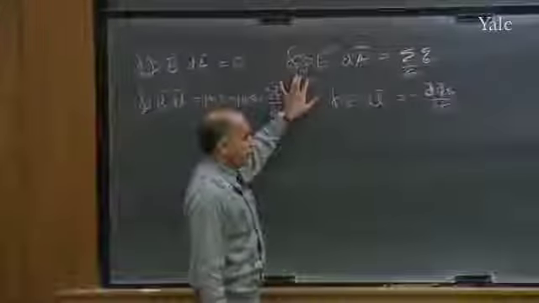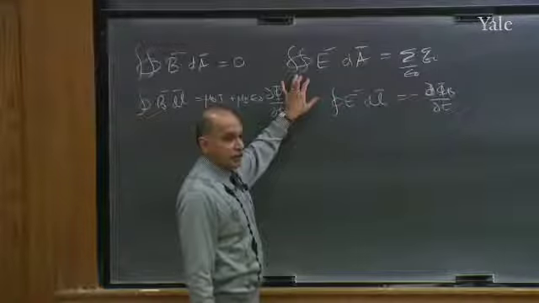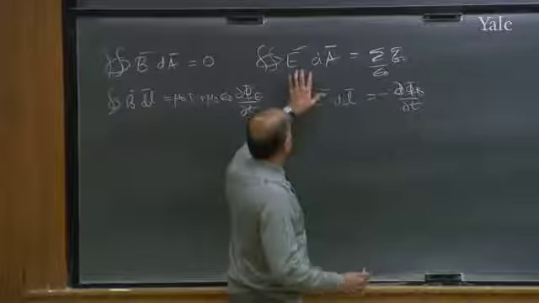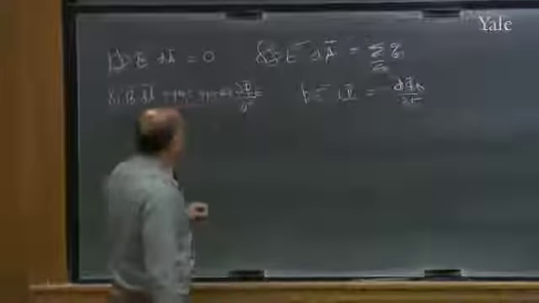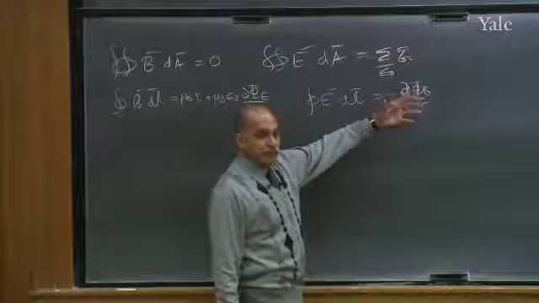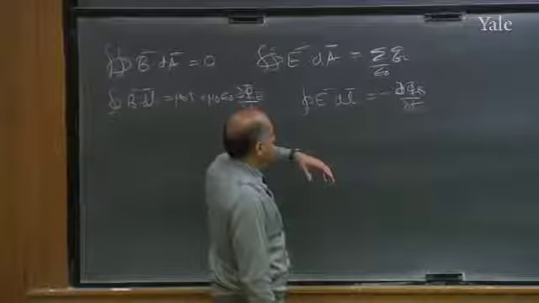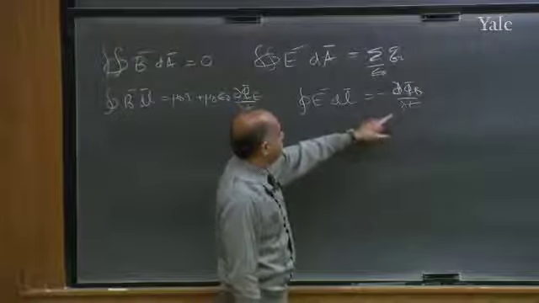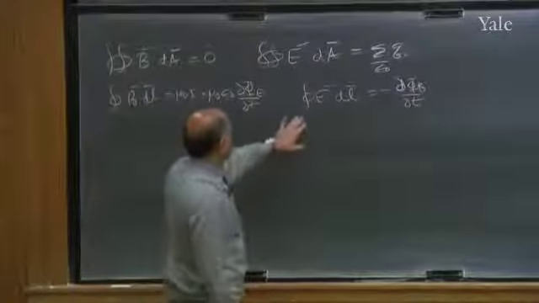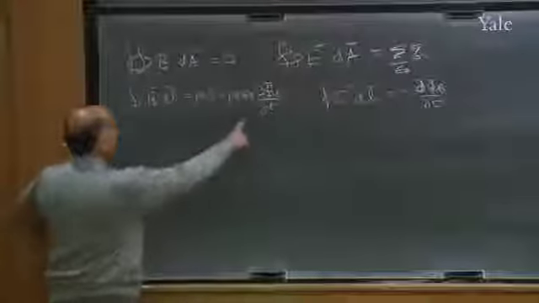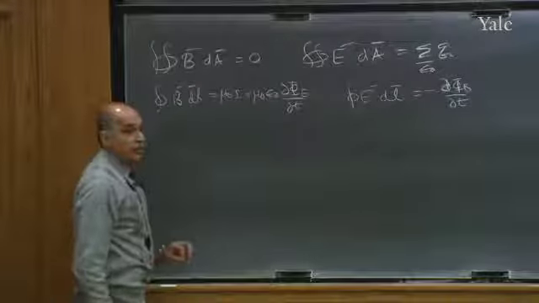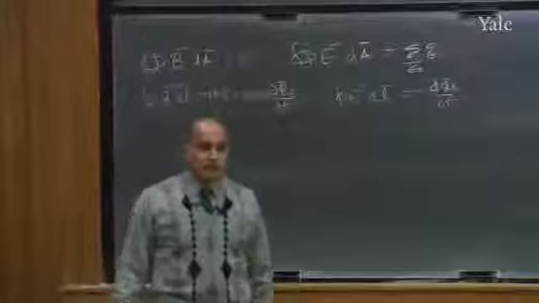This one says, yes, there are things that manufacture electric field lines called charges. They make them and they eat them. And depending on how many got in a volume, the net will decide the flux out of that volume. This one, without that, used to say electric field is a conservative field, it defines a potential and so on. But then we found in the time-dependent problem, E dot dl is the rate of change of the magnetic field. So a changing magnetic field sustains an electric field. And this one says a changing electric field can produce a magnetic field. In addition, a current can also produce a magnetic field. This is what we have to begin with.